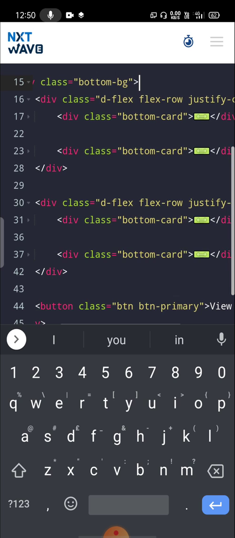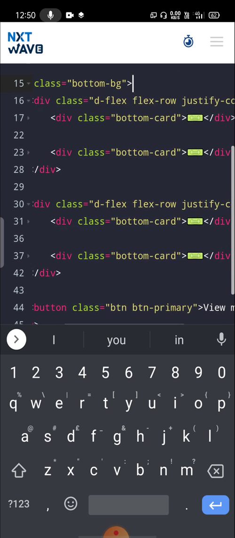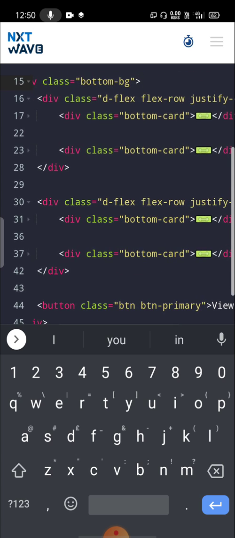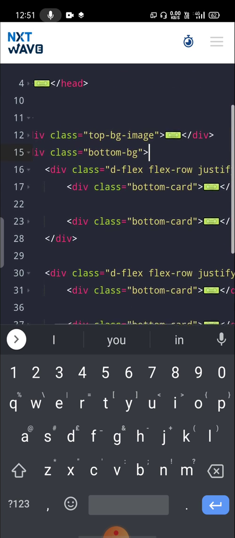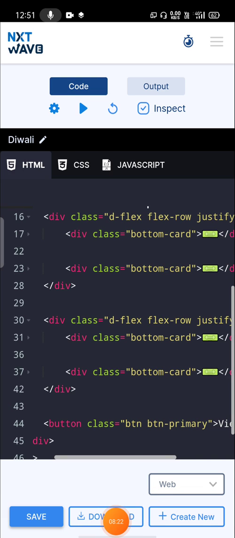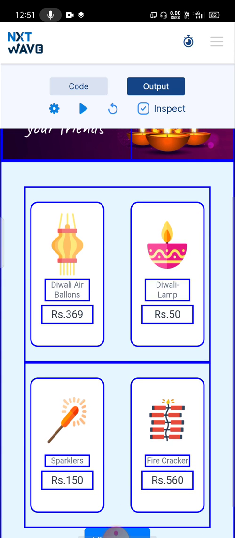For this I used d-flex properties to align it. First they should be aligned in a row. I used individual d-flex properties. In the first container there are 2 cards, and in the second container there are 2 cards.